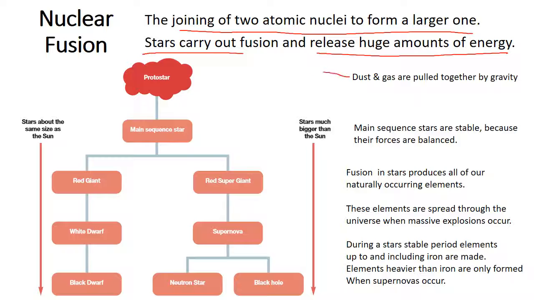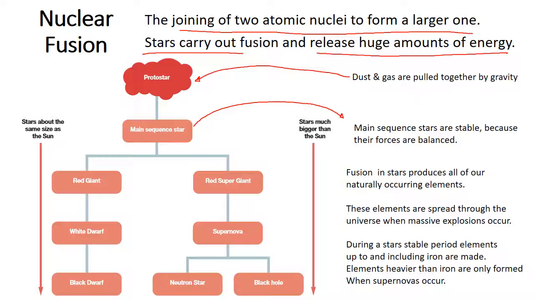So, the life cycle of a star starts with a protostar, and this is a ball of dust and gas that's pulled together by gravity. Now, if the force of gravity is strong enough, it will start fusion, and the gases inside the protostar will start to fuse. And this will form a main sequence star. Now, a main sequence star is usually stable, and it maintains a balanced shape because all the forces acting in it are balanced. So the pressure and the temperature created by this huge amount of fusion is balanced by the gravity pulling it